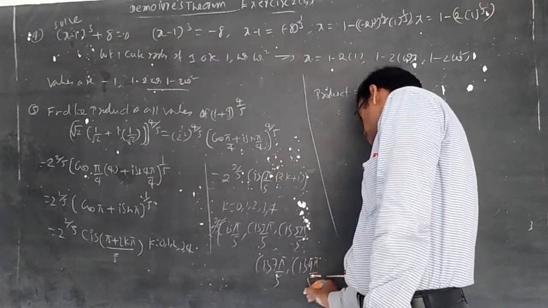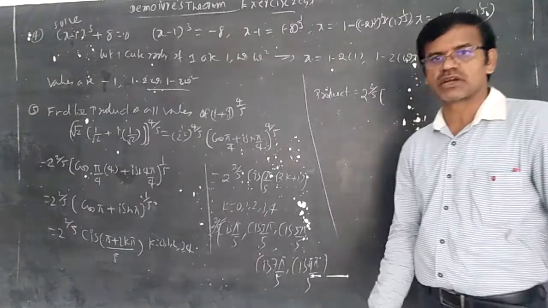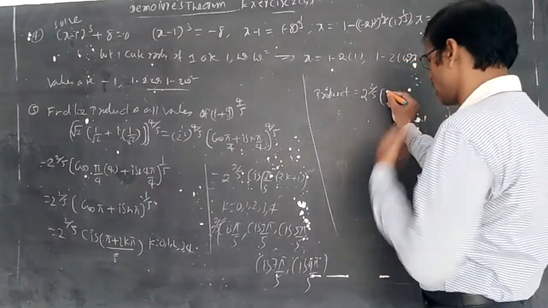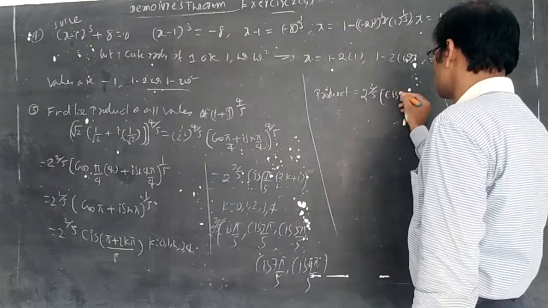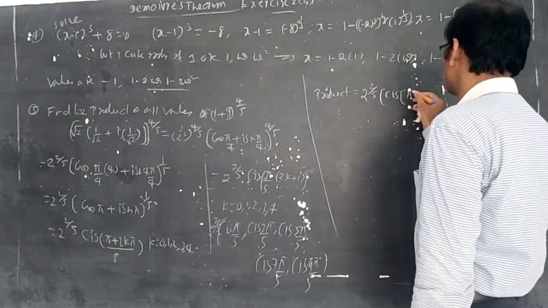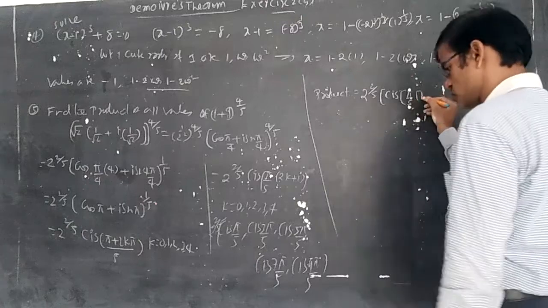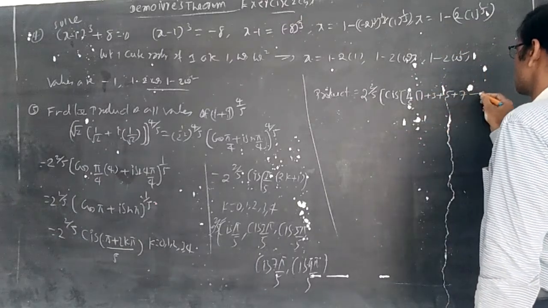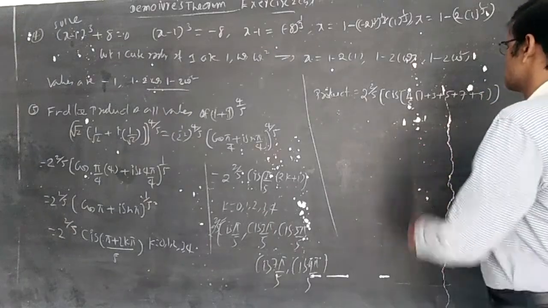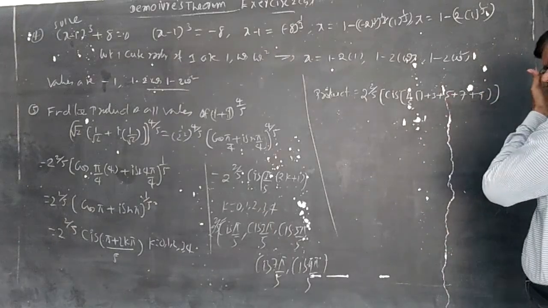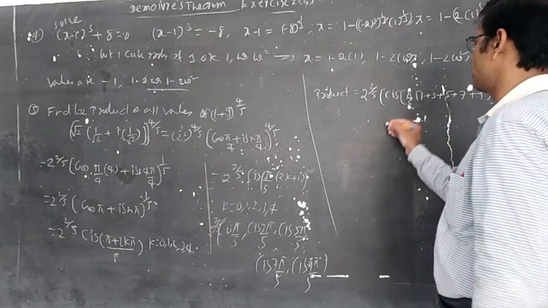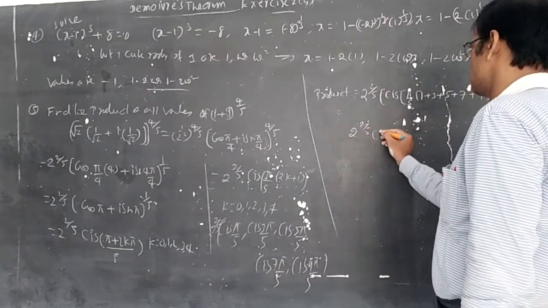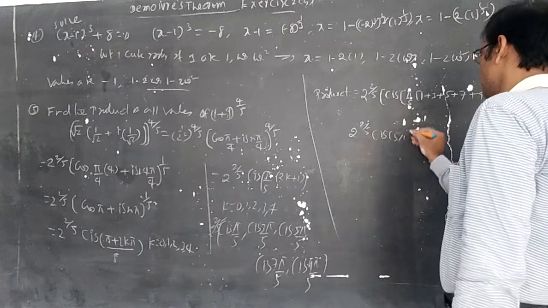So in all the products, we can write cis alpha into cis beta into cis gamma is equal to cis of alpha plus beta plus gamma, like that we add here. So we can write cis of pi by 5 taken common, so you write 1 plus 3 plus 5 plus 7 plus 9, which is 25. So 2 power 2 by 5 into cis of 5 pi.